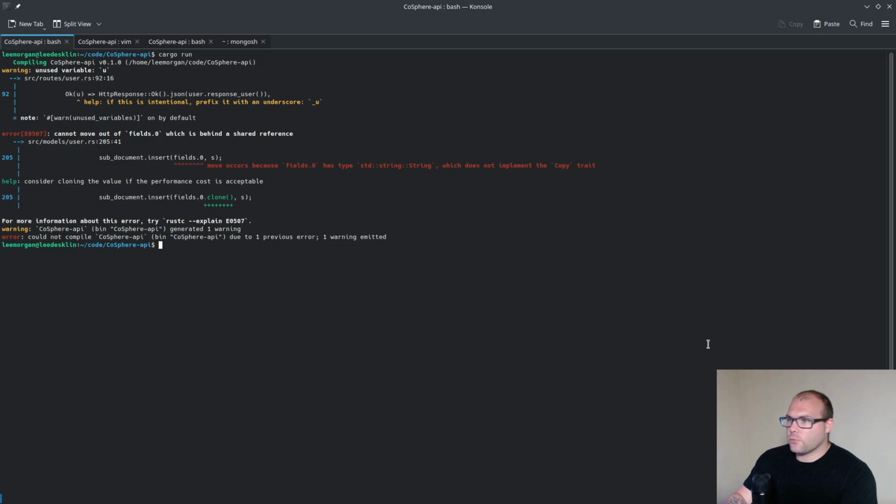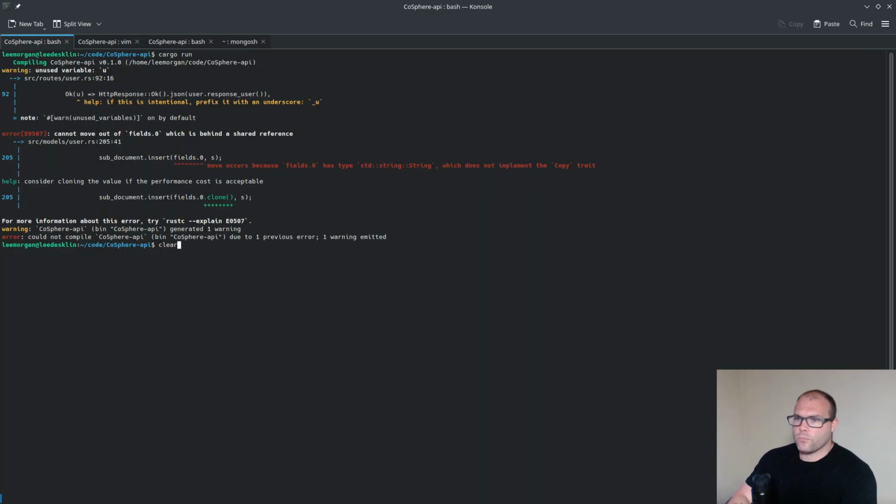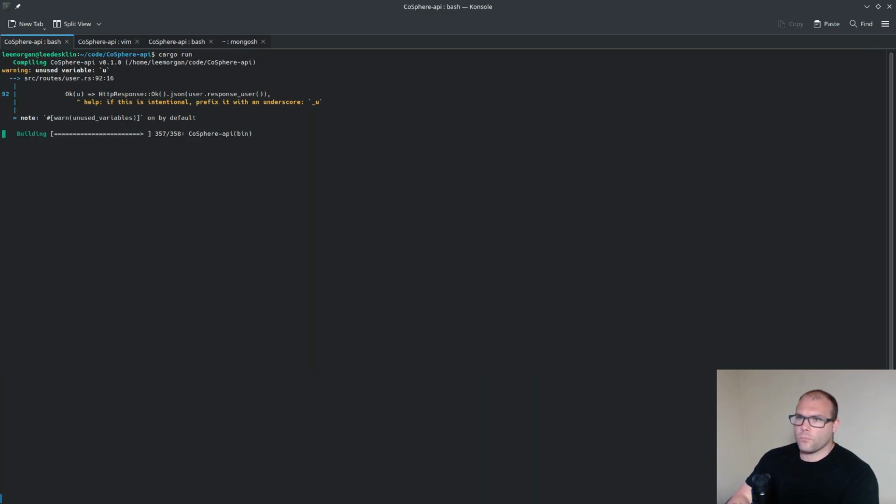Fields.0 has a type of string which does not implement the copy trait. Why didn't I have to do that before? Alright, well, it's working now. Okay, so